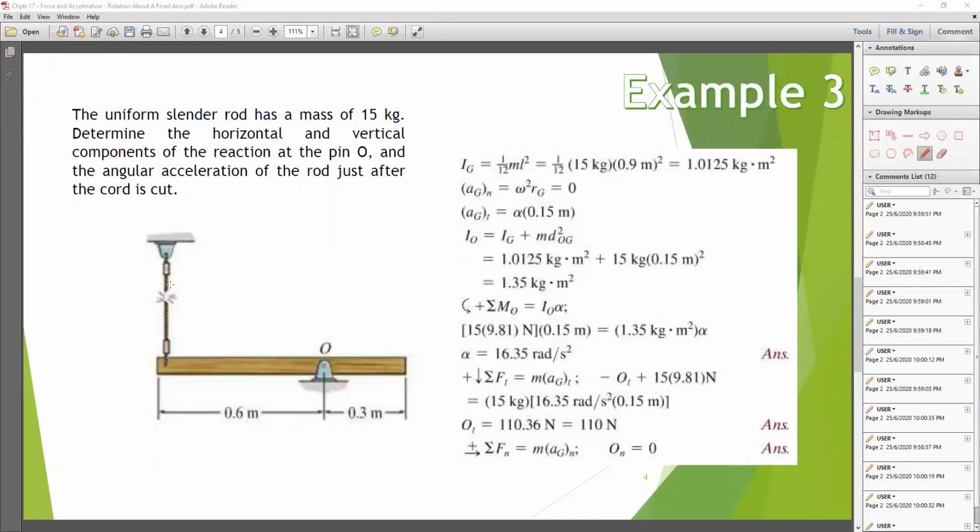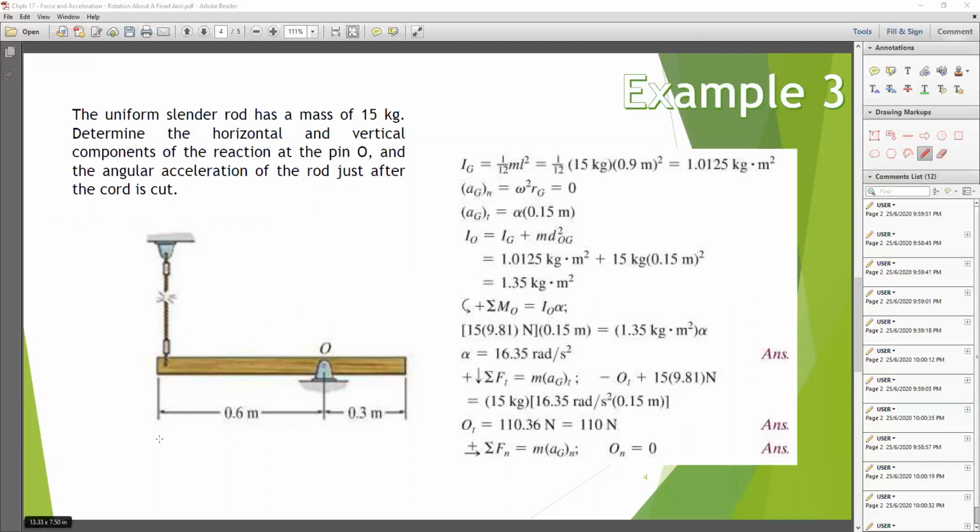So initially, we can say that it starts from rest. To begin with, we need to calculate the mass moment of inertia of this slender rod. By definition, there is a formula that we can get from the back of the textbook. For a slender rod, just plug in the mass, which is 15 kg, and then the total